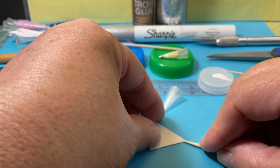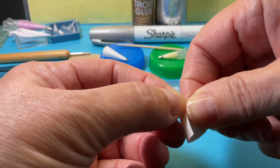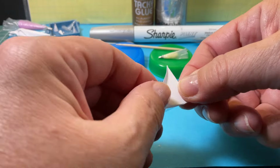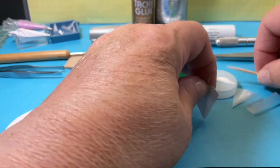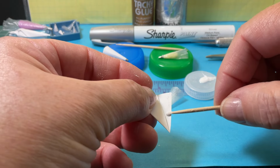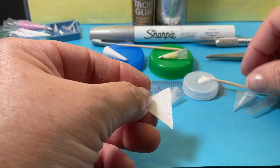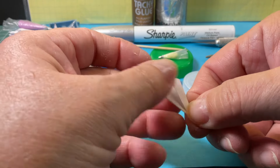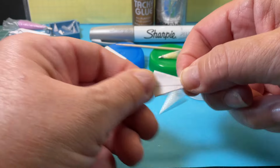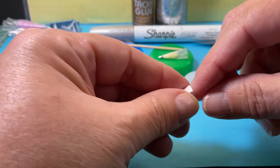Once the point or the tip area and the top of the cone come together, then do a gentle crease, and then fold over the other piece, and it's kind of in 3 different sections from the crease. Put a little strip of glue, and then you're going to go ahead and fold it onto itself there. And it's going to be kind of flat for a second. Let that dry. Make sure that the point or the tip point is okay,